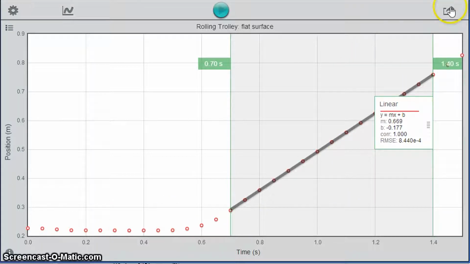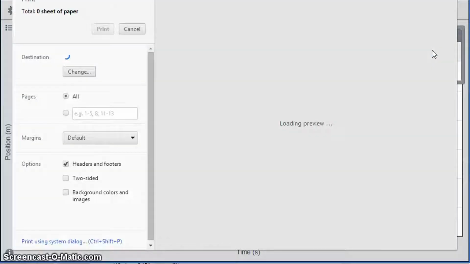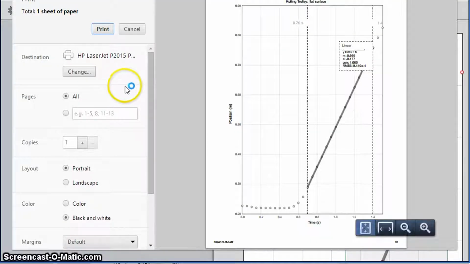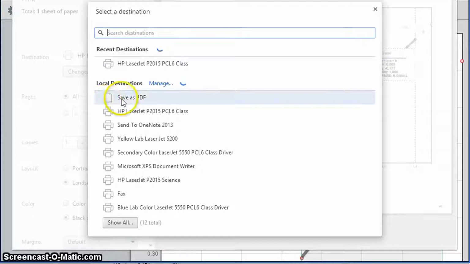So if I'm happy with that graph, I can actually export it. There's a button at the top right here which allows me to export either the graph or the data. If I export the data, I can load it into Logger Pro if I want to do further analysis, or I can just take the graph, print graph, and click landscape so the graph is the right way around, and then I can just save it as a PDF, which would be the best thing to do if I'm going to import it